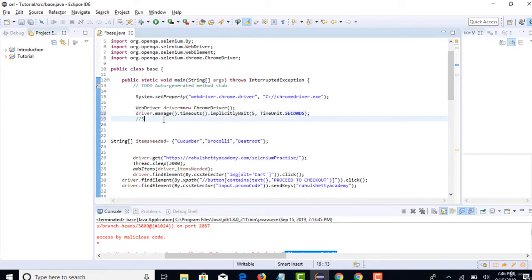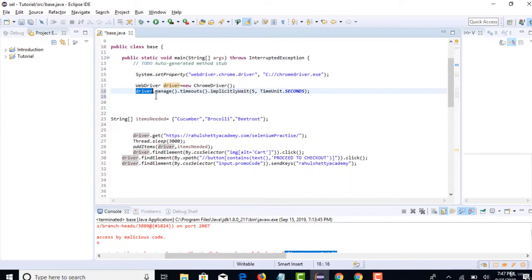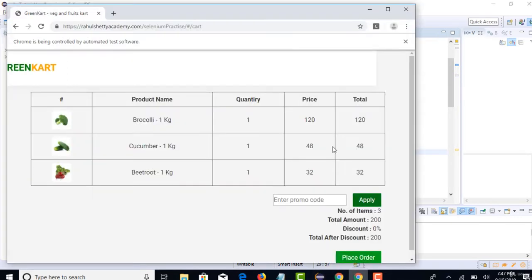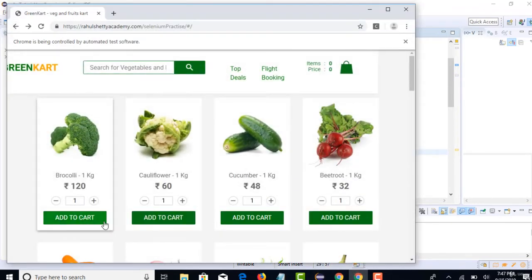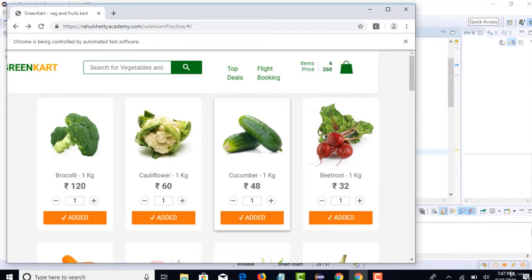So in implicit wait, we declare this wait globally. That means this wait is applied to each and every line of this test. So let's say after you add items to the cart, this window will get opened, right? You add items to the cart and you click on this window.